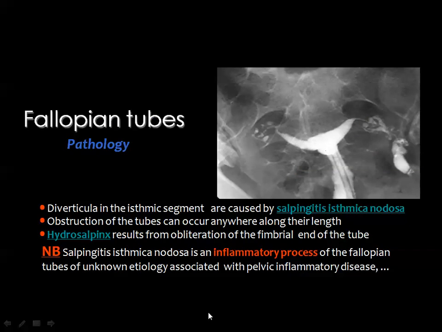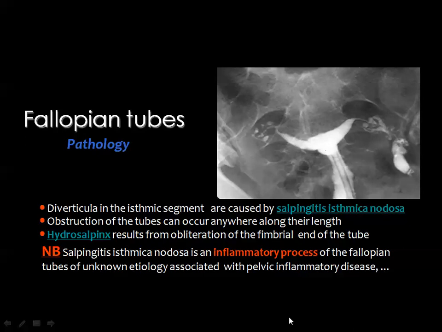The salpingitis isthmica nodosa is an inflammatory process of the fallopian tube of unknown etiology, usually seen in the course of pelvic inflammatory disease, and this lesion will appear as multiple small contrast-filled diverticula along the course of the fallopian tube. And this is a hysterosalpingogram, of course, and this is the only way, in my opinion, to see this